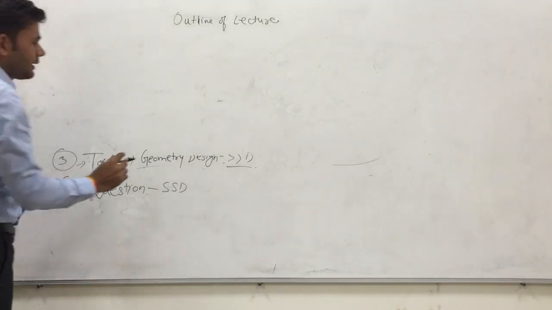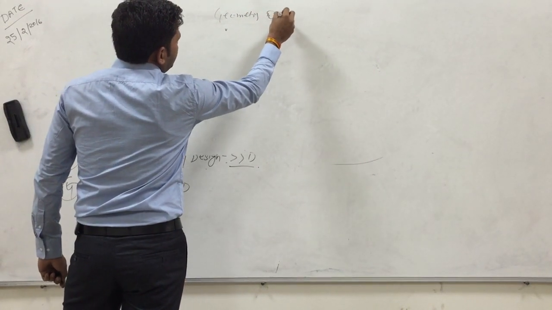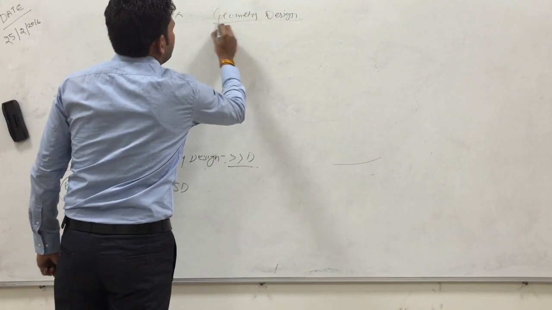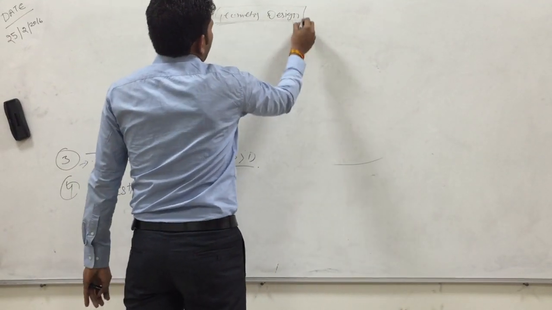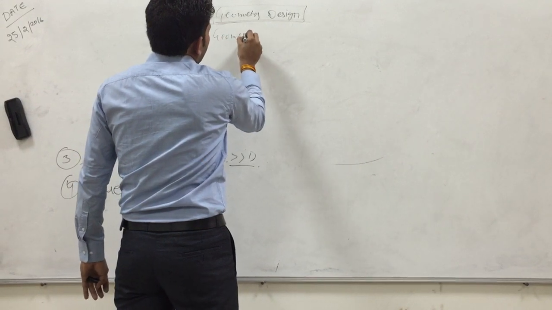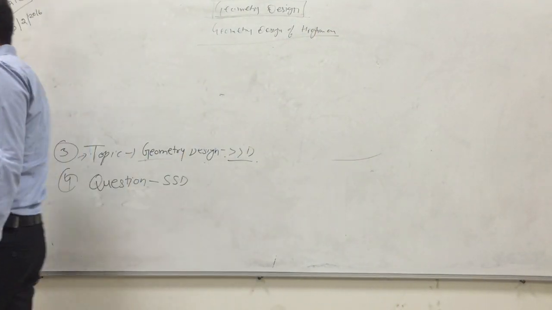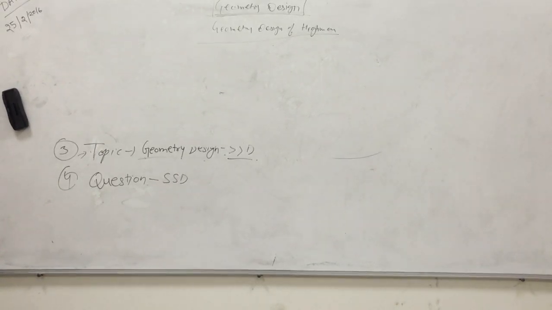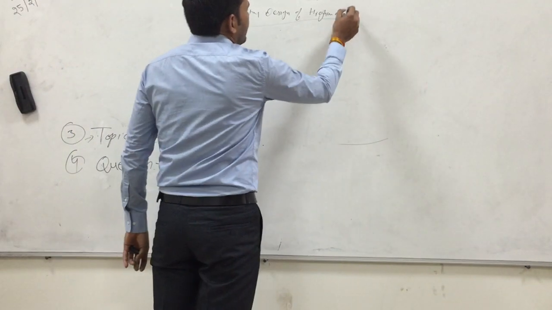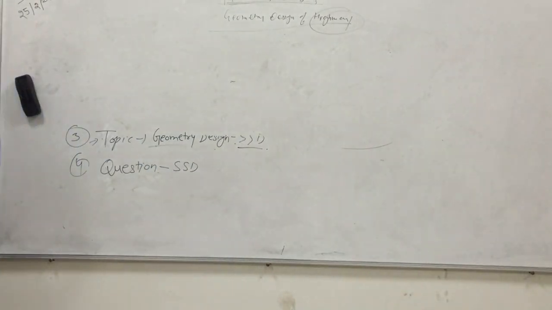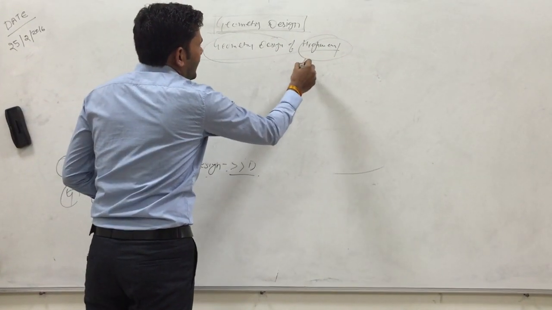Third is the topic, geometry design. In geometry design, first of all, as per the syllabus of the GATE examination, this topic is geometric design of highways. So the first question arises: what is a highway, and why do we do the geometric design for the highway? A highway is the main road